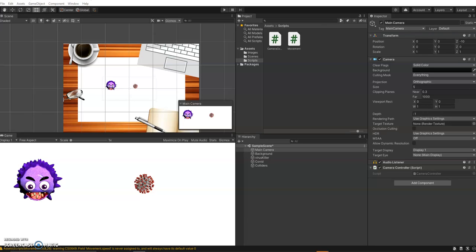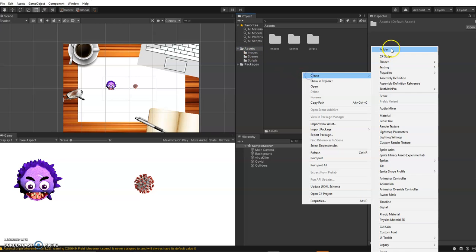Welcome back. In this video, we should be able to get the objects being picked up and some sort of score being recorded. And also we'll deal with something called prefabs. And so we'll do that right now. What we're going to do is go back to your assets folder and just create a new folder called